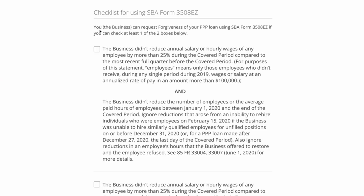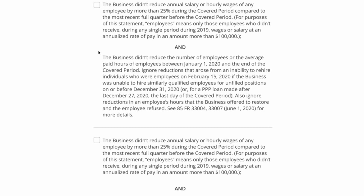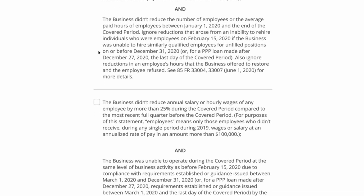You can check box 1 if you didn't reduce annual salary or hourly wages of any employee by more than 25% during the covered period compared to the most recent full quarter before the covered period, and you didn't reduce the number of employees or the average paid hours of employees between January 1st, 2020 and the end of the